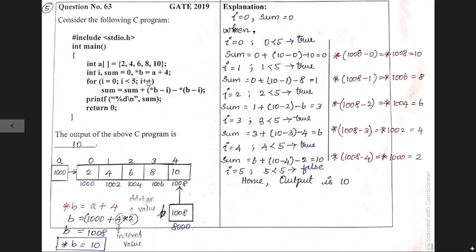This i is incremented to 4. Now the control moves to the condition, and I need to check 4 less than 5. The condition is true, and the control enters the for loop. Inside the for loop, sum is equal to 6 plus. Now 6 is stored in this sum. So 6 plus 10 minus, and this 4 is obtained this way: